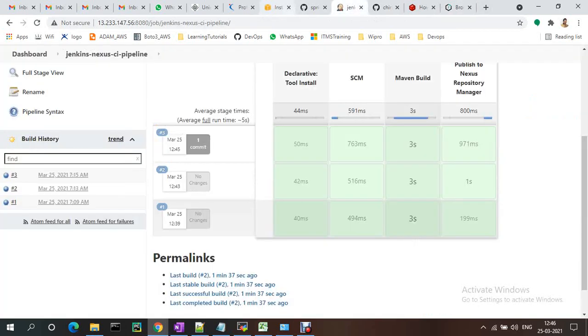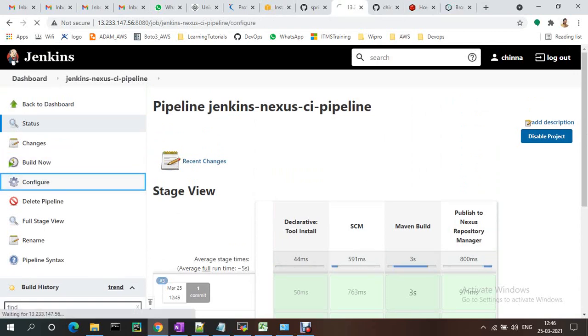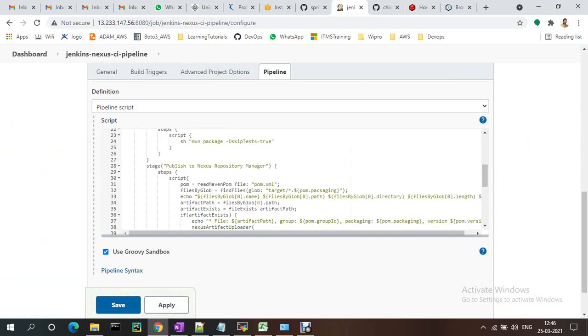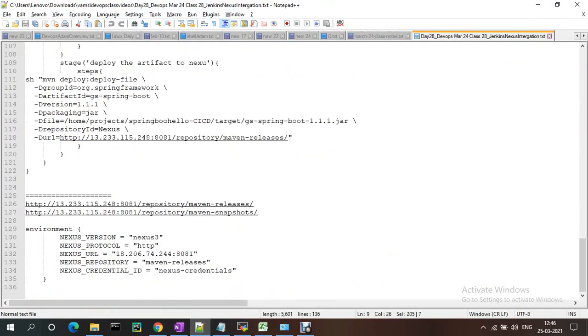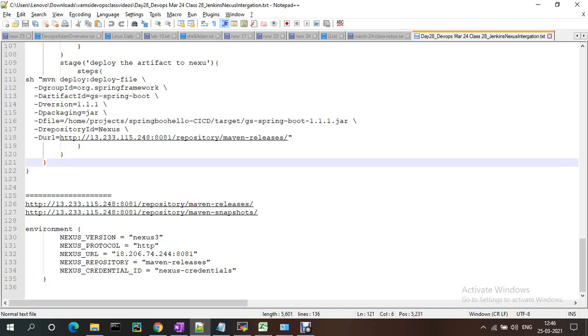So alternative way is, if you want to hard code the value, you can hard code the value instead of reading the form file, right? Using utility plugin. So here you just need to provide the scripts like you just need to provide like this. Okay, let me do it this one.